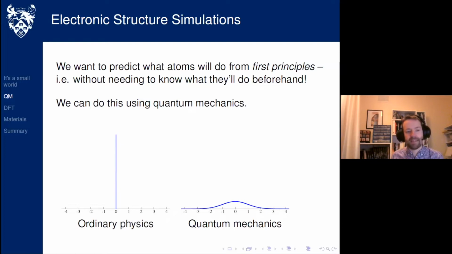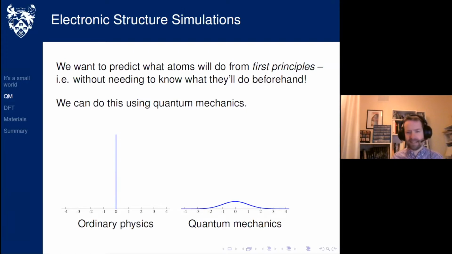But quantum mechanics has a couple of strange things, and the key thing that I'd just like you to think about for a moment is our certainty of measurements. So if I take what I've called here ordinary physics, the kind of physics that you learn at school, for example, if I have a particle, it could be any particle, it could be a planet or a car or a tennis ball, or in this case, an atom, and I say it's located somewhere.